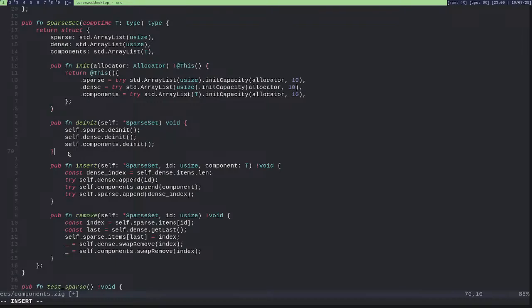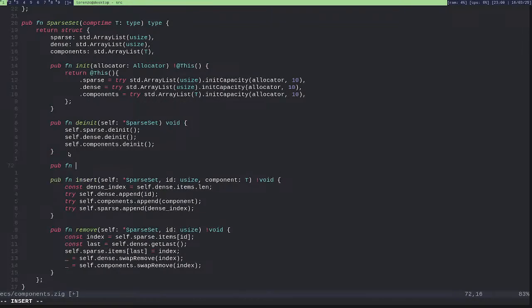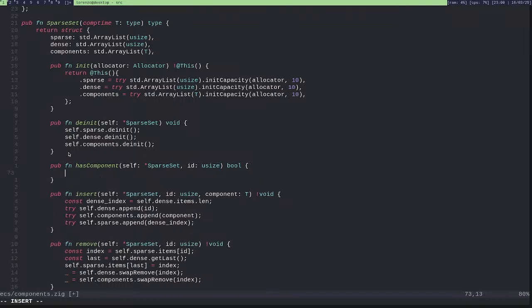I want to know if public function has component, and I will return a boolean. Sparse set.